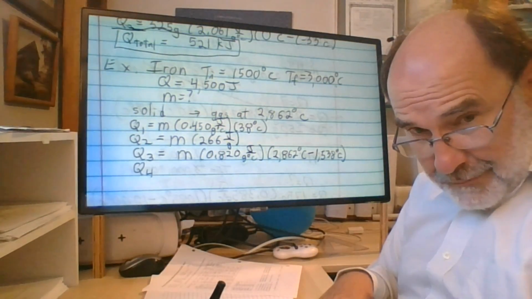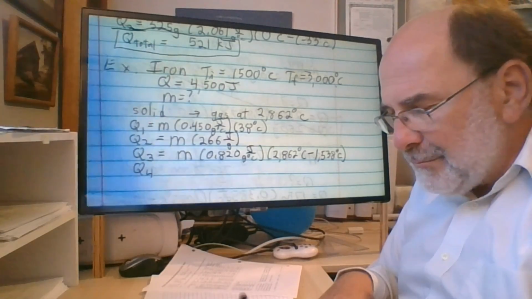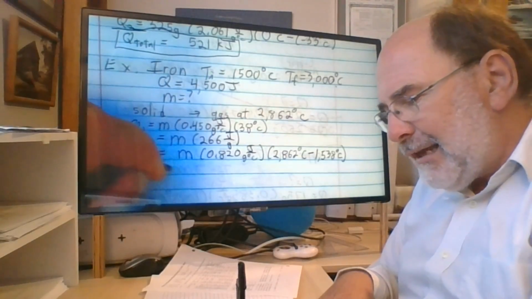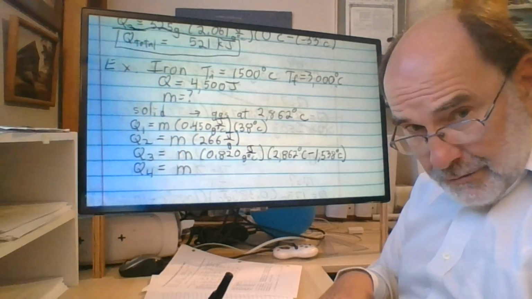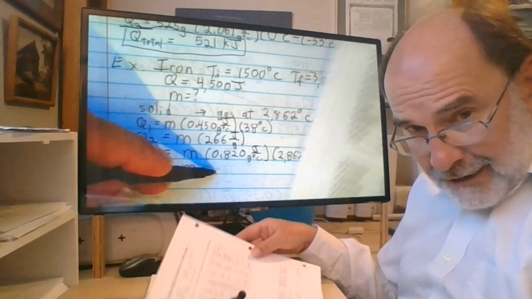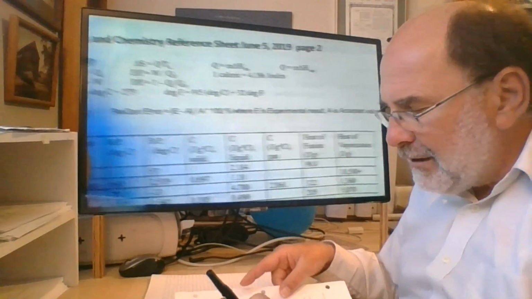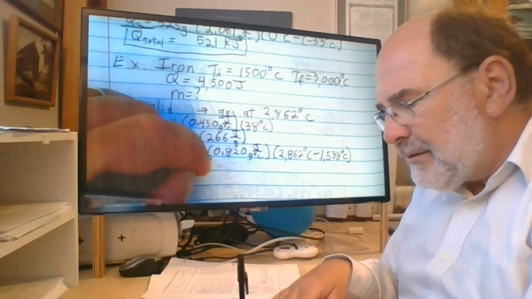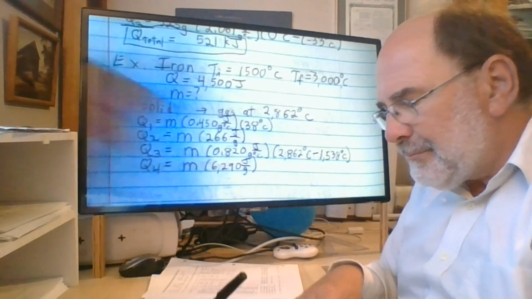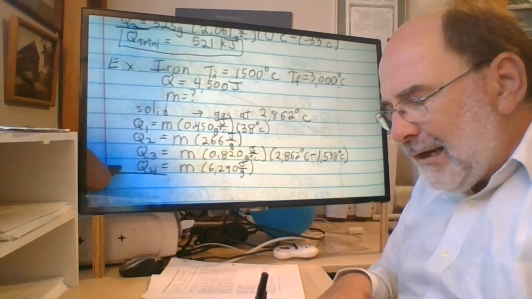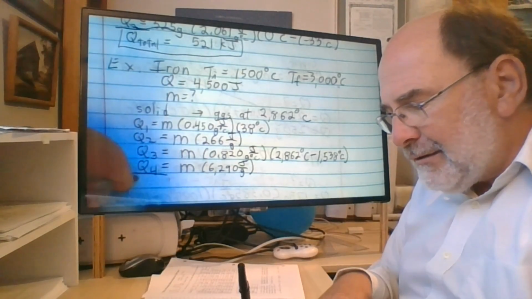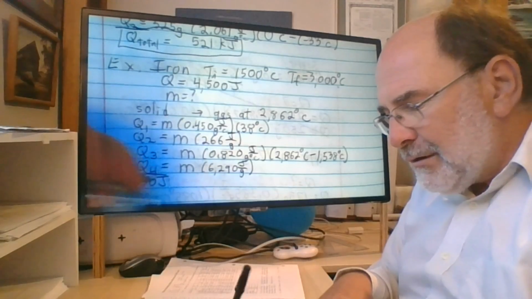All right, so that will get me boiling point liquid iron. And now the last step will be to actually vaporize this. So the unknown mass times the heat of vaporization for iron, which is 6,290 joules per gram. When I add together these four different energies, I'm going to get a measly 4,500 joules, which is not